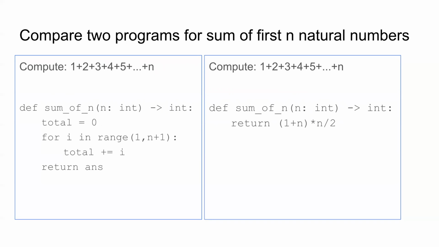There are different ways of doing it. The first algorithm is basically you iterate through a range from 1 to n plus 1. In Python, n plus 1 is not included, just so you know. And then you just add them one by one and return the answer. Okay, so how many steps will this algorithm use? If you look at the for loop, okay, it